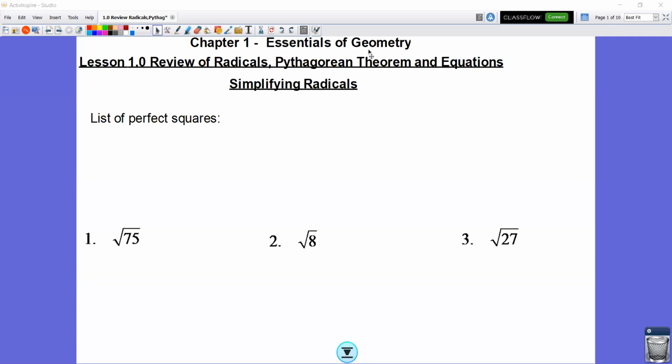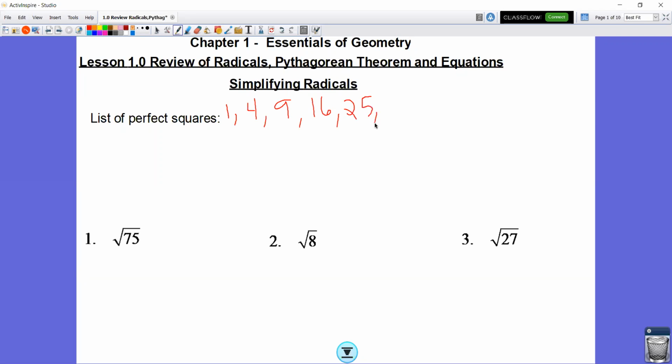Make sure you have a pencil and paper because we're getting ready to take notes. All right, so it's important we know what the perfect squares are. A perfect square is two of the same numbers multiplied together. Like 1 is actually the smallest perfect square, and I do love that number because it's so easy to work with. 4 is a perfect square, right? And then we go up from there, 9, 16,